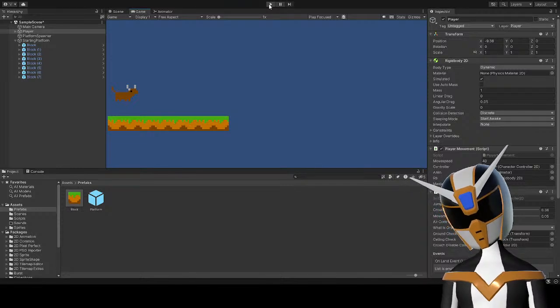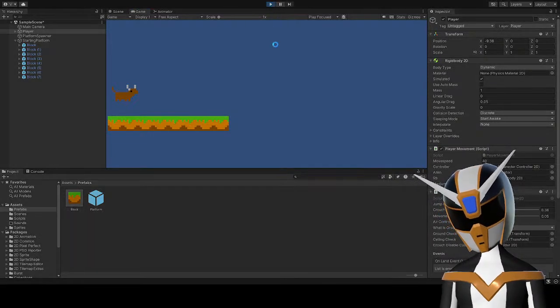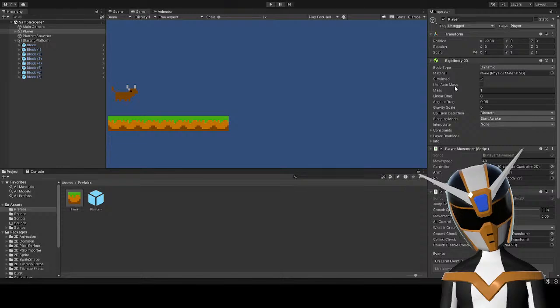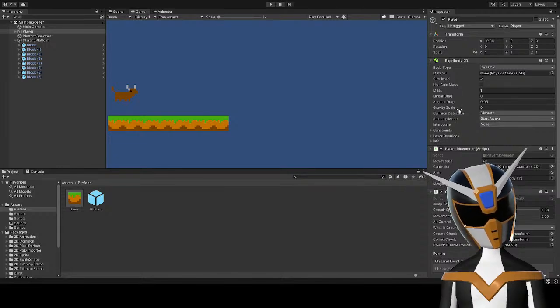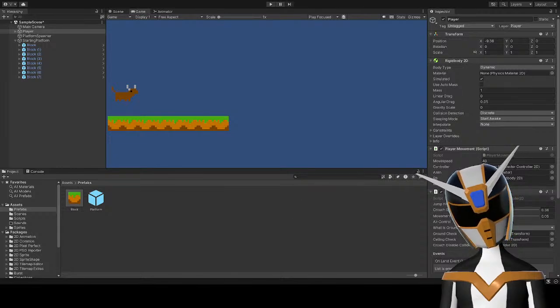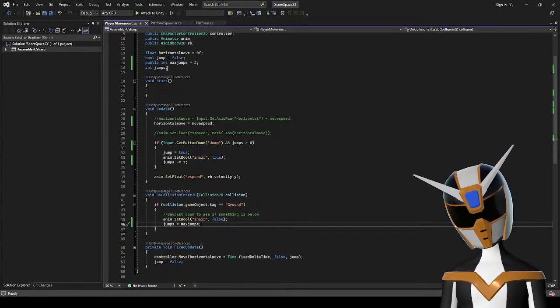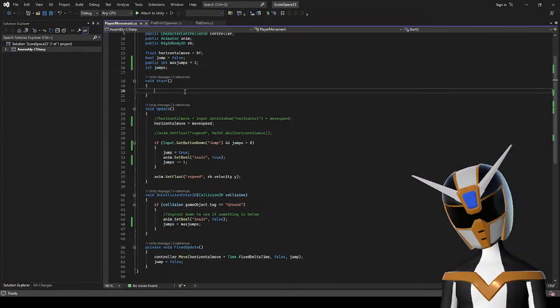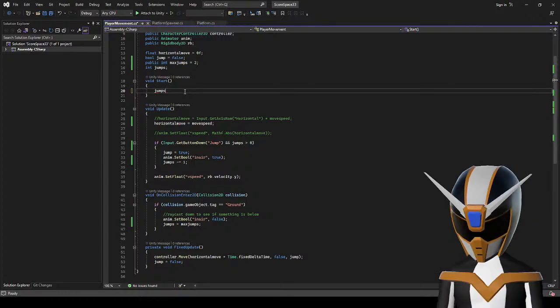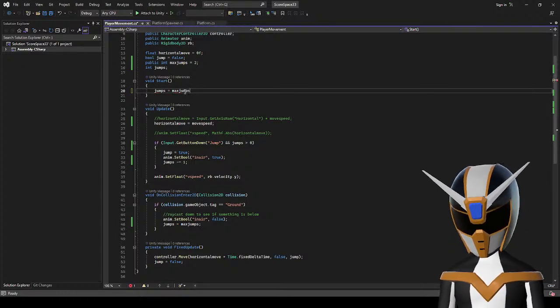Now let's see if I have a double jump. Okay, well the problem with that is that, first of all, let's go jumps equal to max jumps.